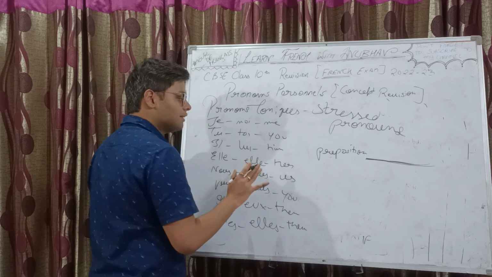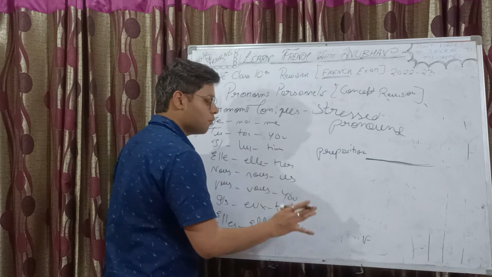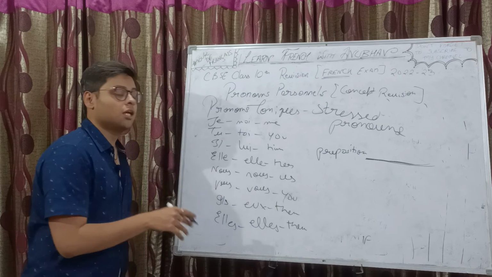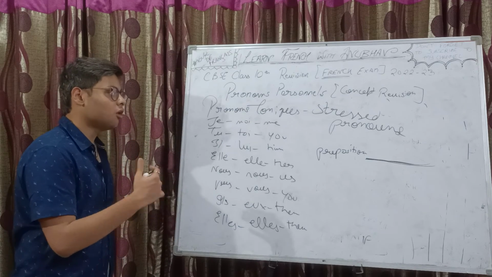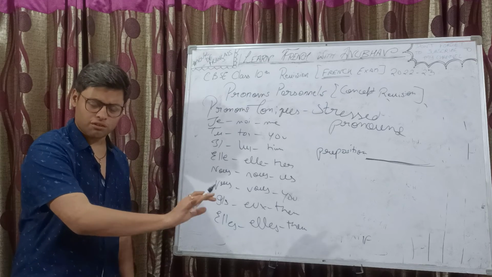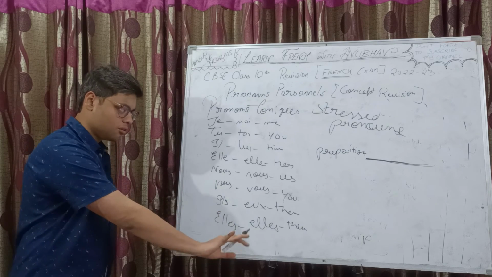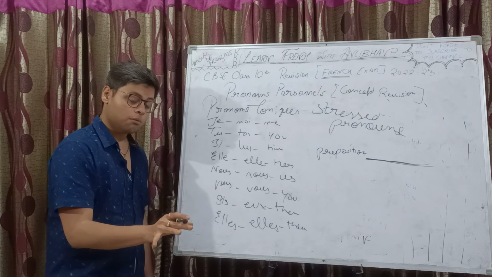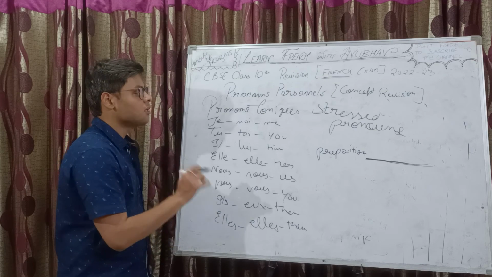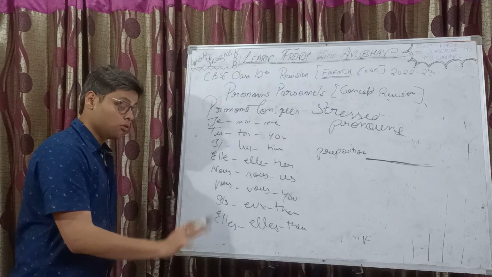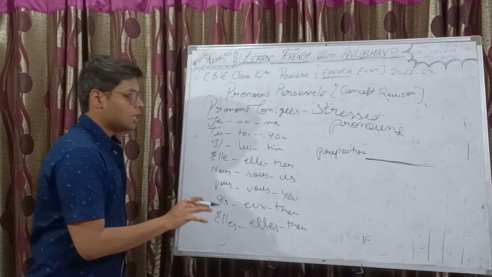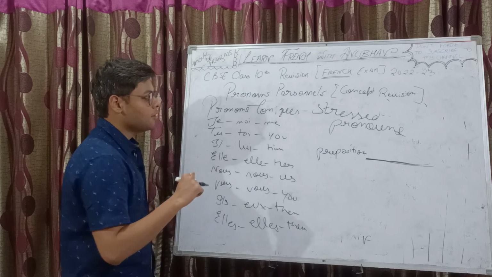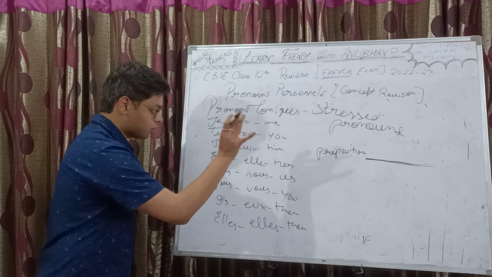And tonique pronouns are never placed before the verb. So this is one striking difference between pronoms toniques and pronoms personnels. Pronoms personnels are placed always before the verb. Of course, there's this exception of imperative affirmative, but I'm not talking about that at present. So with pronoms personnels, all the pronouns come before the verb, most of the time. But in pronoms toniques, no, they are not placed before the verb. In fact, they are placed after the verb or after the preposition. So if we talk about the CBSE curriculum, after the preposition.